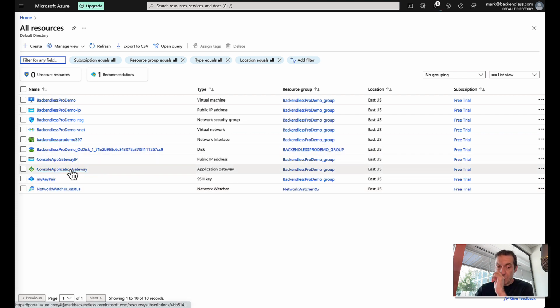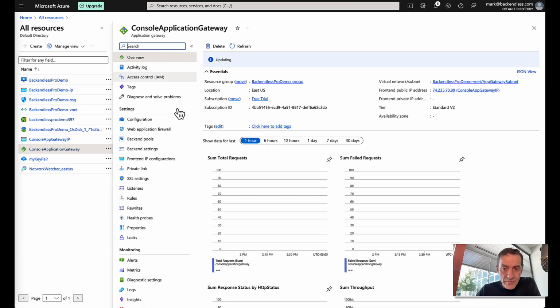So let's step into console application gateway. This is the overview with all the configuration settings for the console application gateway. What we need is the public IP address right here, this guy. So we can copy to clipboard, and then let's go back to our DNS registration to actually create a domain